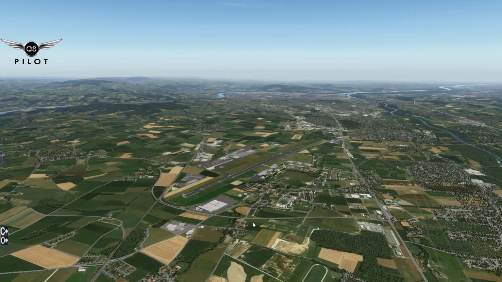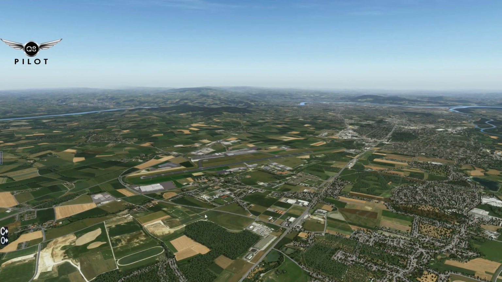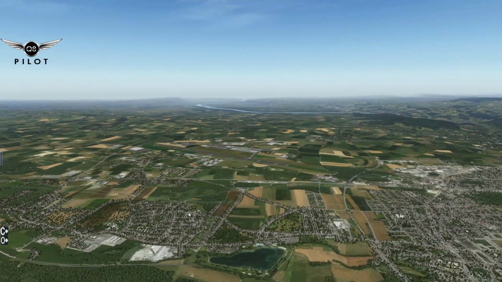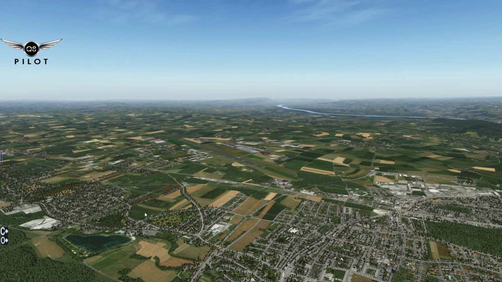Also, we've looked at performance, and we've seen a few settings and how they can affect the performance inside the sim. I hope that this has been a useful video for you folks, and until next time, please take care